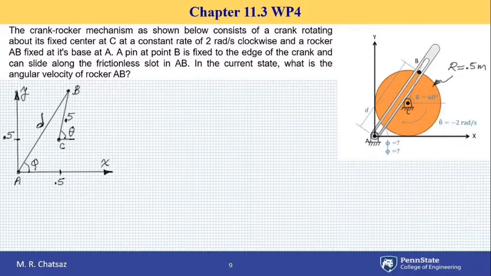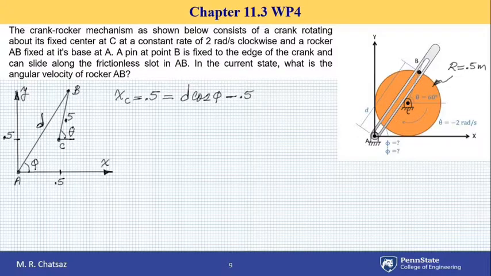Observe that x coordinate of point C is already 0.5. So I can write xc, which is equal to 0.5 meters. I can write this in terms of distance d and angles phi and theta. So I can write 0.5 as d cosine of phi. This is x coordinate of point B. Then I have to subtract this little distance to get x coordinate of point C, and that distance is minus